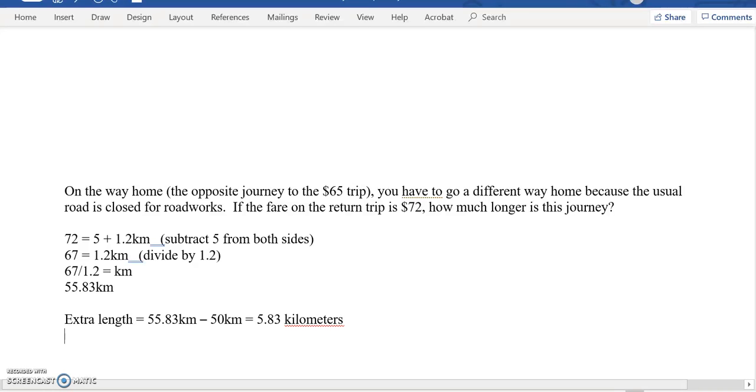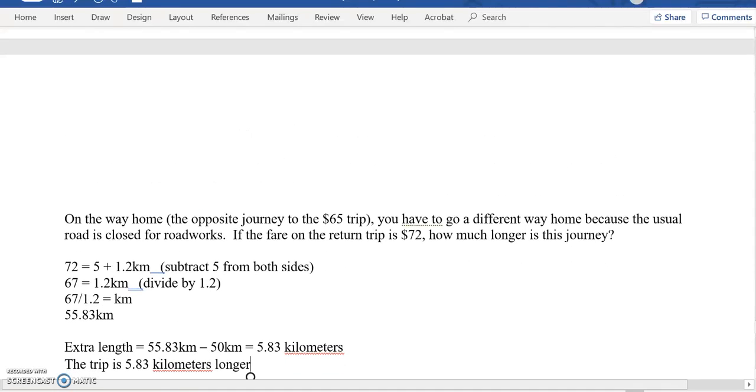So we can write that in just as a word statement. The trip is 5.83 kilometres longer. And that is the last